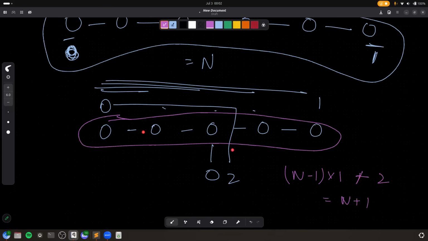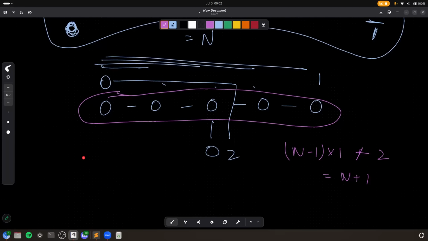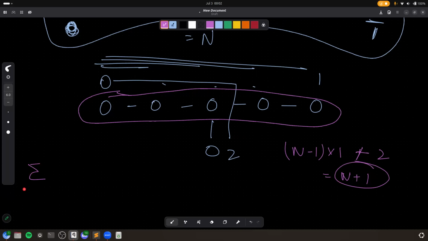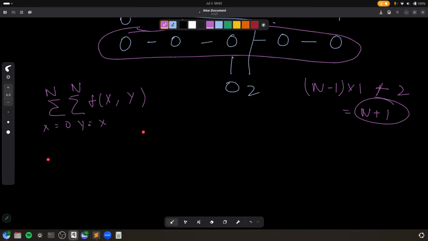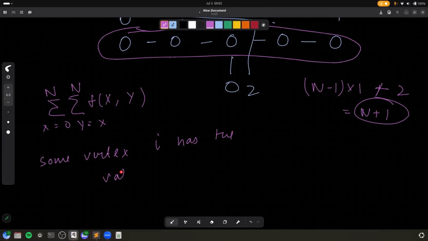And this is optimal because this is the least we can go, since we are doing this summation, x equal to 0 to n, y equal to x to n, f of x comma y. Let's say some vertex i has the value 0, and some vertex j has value 1. So basically,